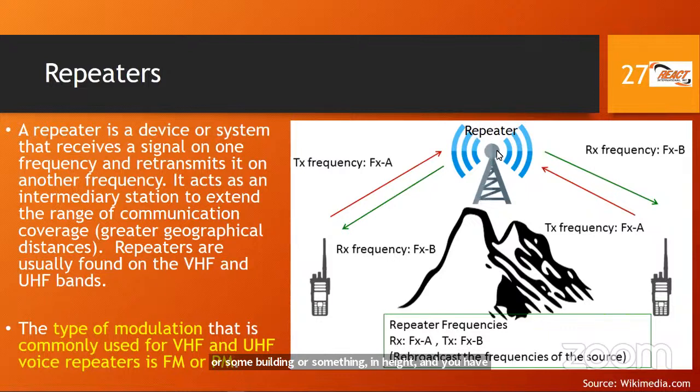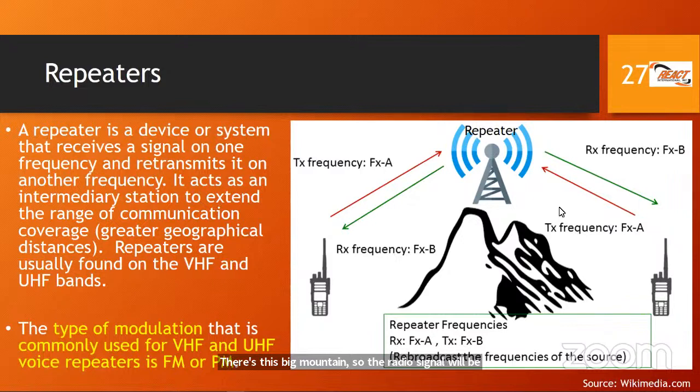What that repeater does is listen for your transmission from your radio on one frequency, and then it rebroadcasts your transmission on another frequency, so that all other users around will hear. Even users that, if you were to try to speak radio to radio, would not normally hear you. There's this big mountain, so the radio signal will be blocked, but the repeater will hear your transmission